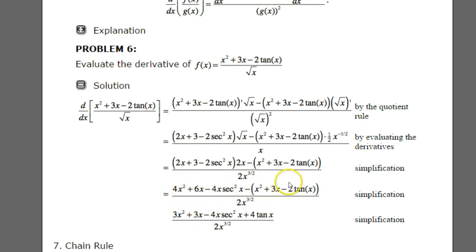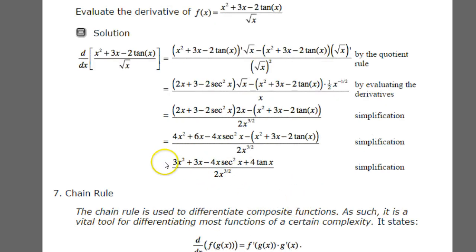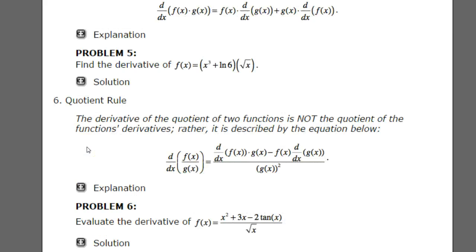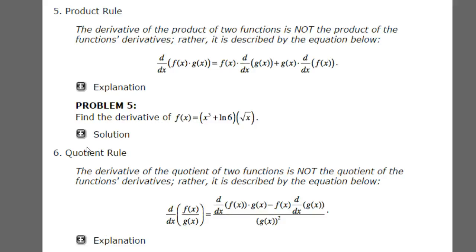The 6x minus the 3x becomes 3x. And then I can't combine these two, so I just leave them as is, and I get something that's simplified and looks like this. Alright, it's a very gorgeous, elegant way to do it,